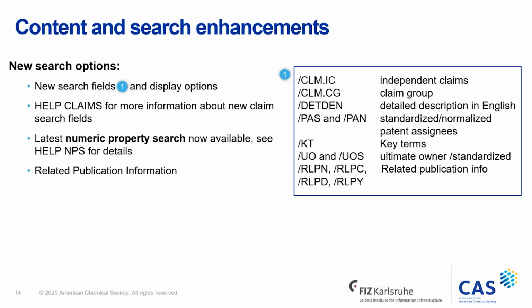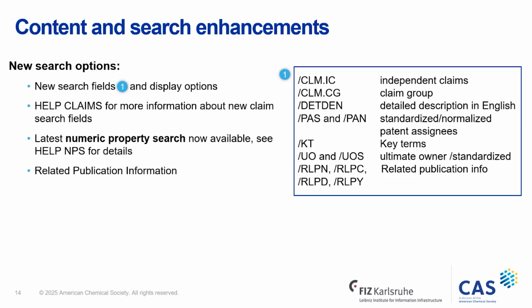First, we have some new search fields. So you can see those here in the box on the right-hand side of the slide. We'll show most of these as we go through. I don't think we'll show every single one of these, but we will definitely spend time looking at the claim group field. So you can see here we've got claim.ic for independent claims, claim.cg for claim group, detailed description in English, useful when we're looking at, for instance, the Korean full text patent file, it's nice to have that additional detailed description in English